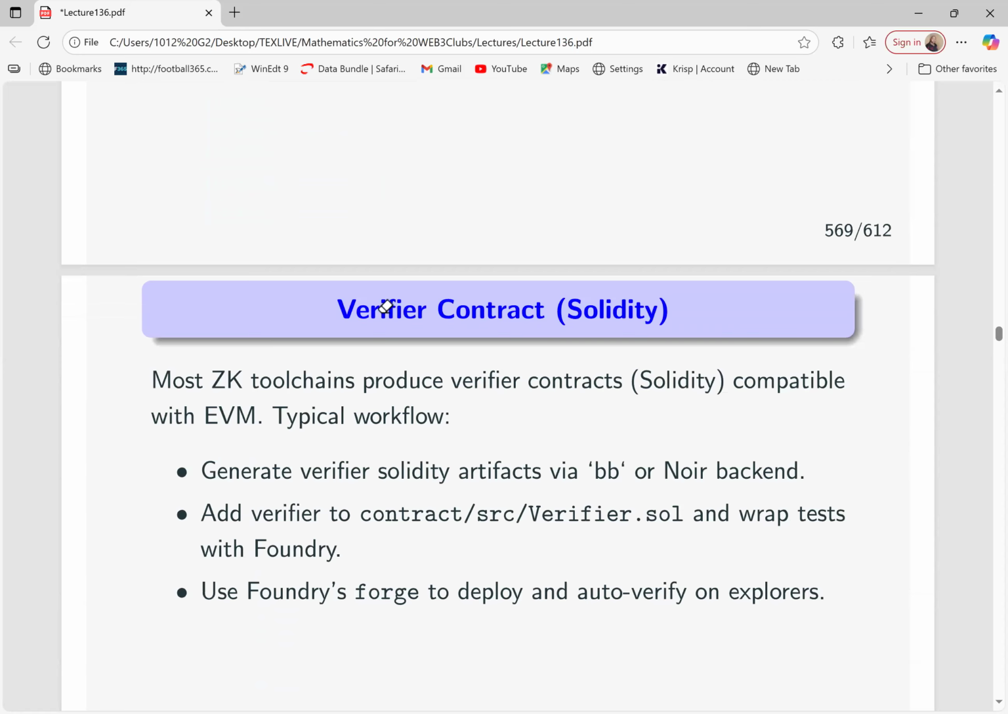Now, we can look at the verifier contract, which, as I alluded to earlier, when we generate it, it's supposed to be in target, but then we're supposed to move it to contract. So I've said most ZK toolchains produce verifier contracts for Solidity compatible with the Ethereum Virtual Machine. And the workflow is: generate the verifier Solidity artifacts via BB or Noir backend, add the verifier contract,